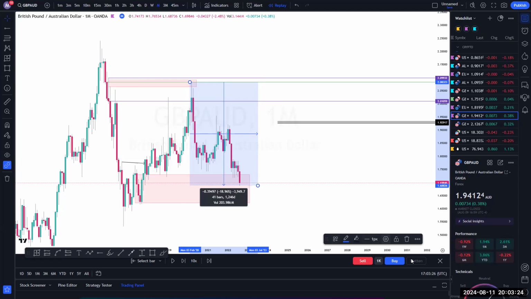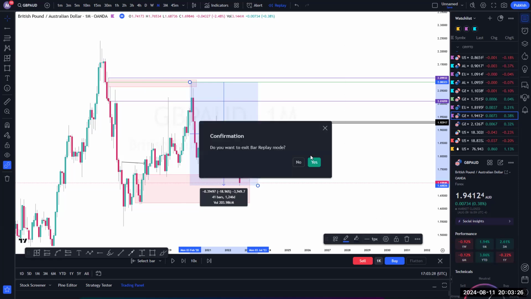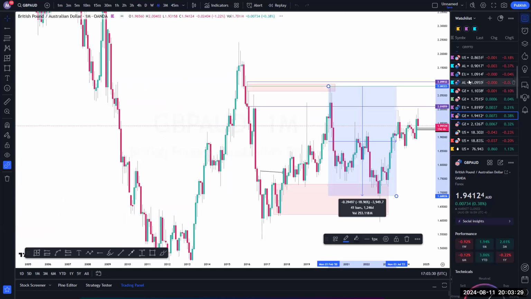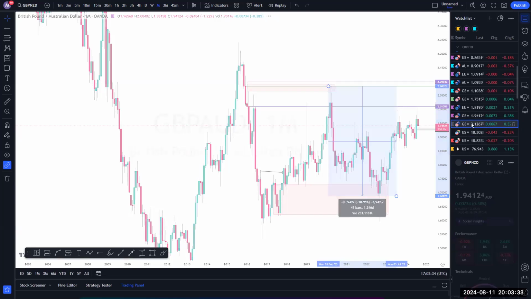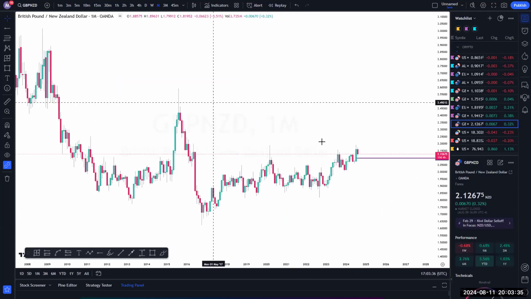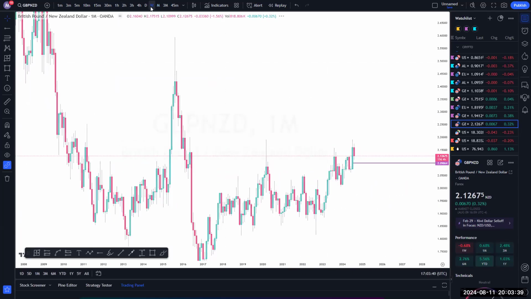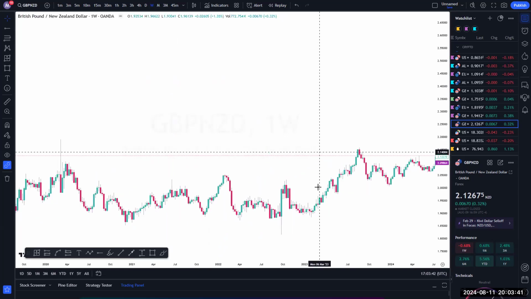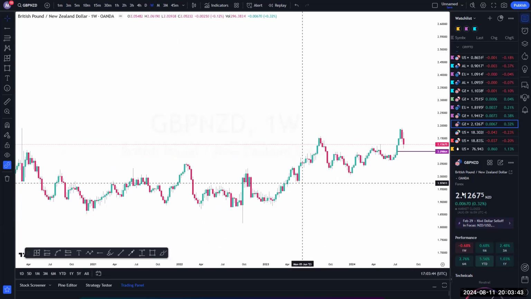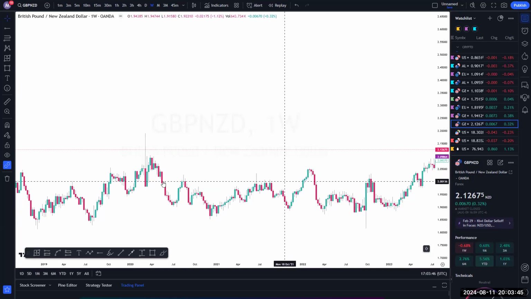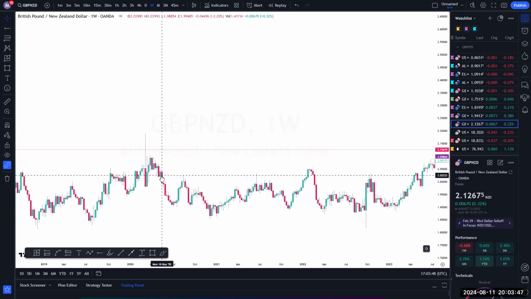So let's see one trade we would have taken using a weekly cycle. This is GBP set. So on a weekly time frame here, so here is a trade based on a weekly